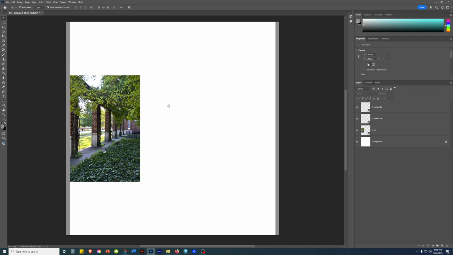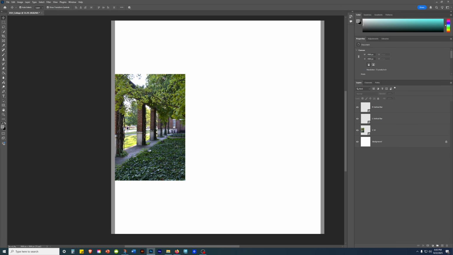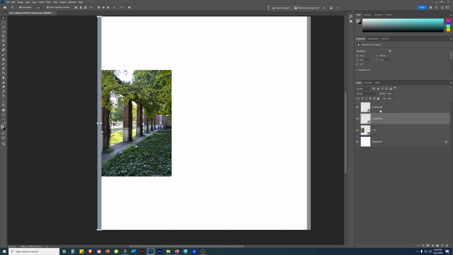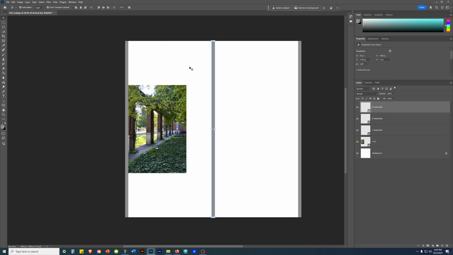So I'm holding the space bar and left mouse clicking, dragging to pan. So trust me, you do want to name these because on average you have multiple layers, and just naming it helps out so much. I'm going to grab the right vertical bar and I'm going to do another copy. So I'm going to do Control C, Control V as in Victor. Then I'm going to just immediately name it